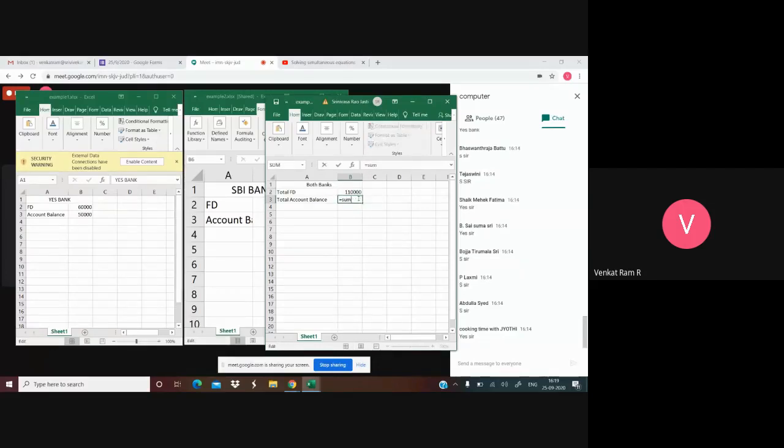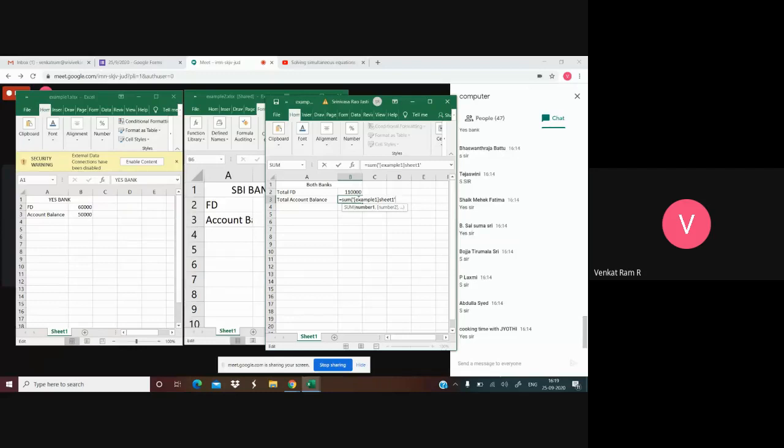What we have to do, we have to type again is equal to sum open brackets. Please remember the formula carefully. Start with single quotation followed by square brackets and give the workbook name. Example 1 I have taken and close with square brackets. I have used sheet 1, so I am taking sheet 1.